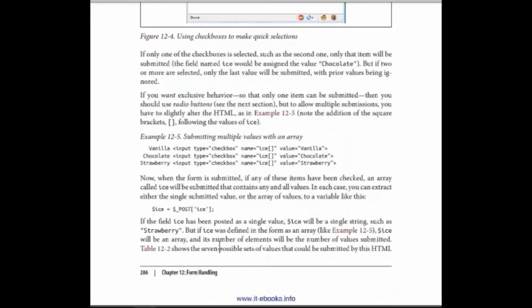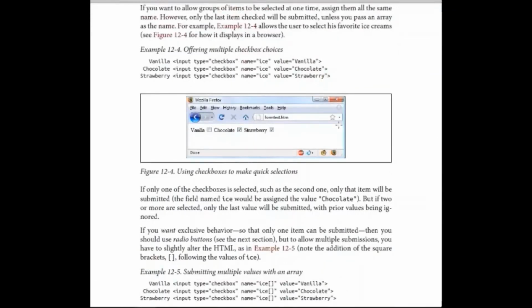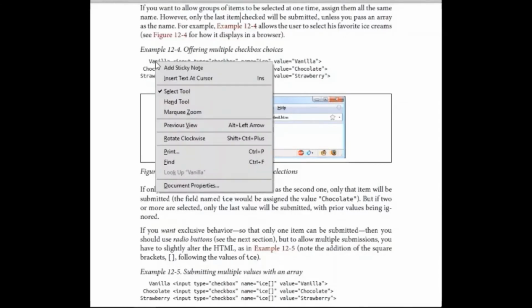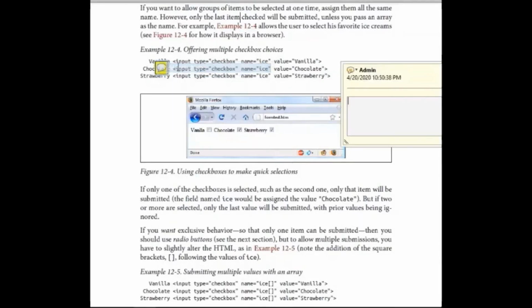So how would I access the values? Simply, if for example I want to check what the user has clicked, I will write a variable click is equal to $_POST, what is the name?